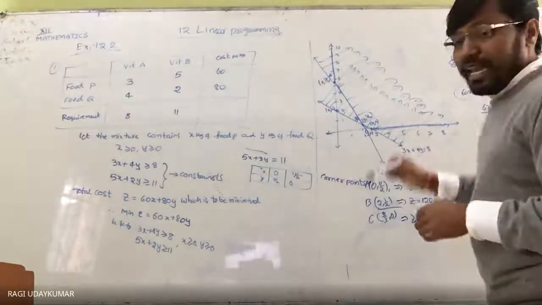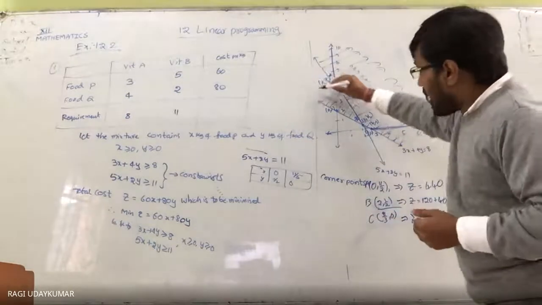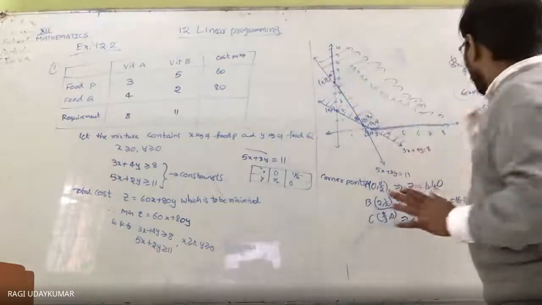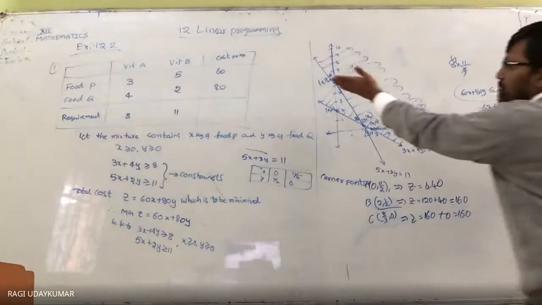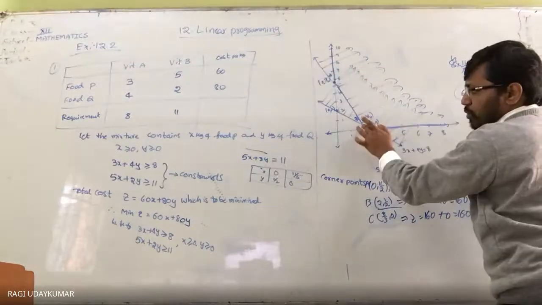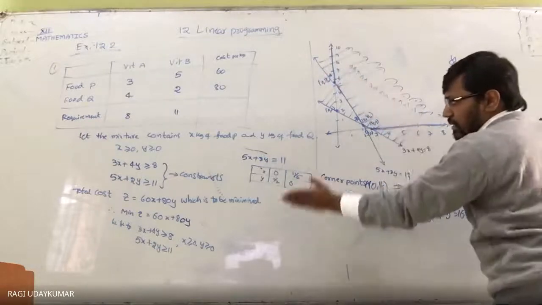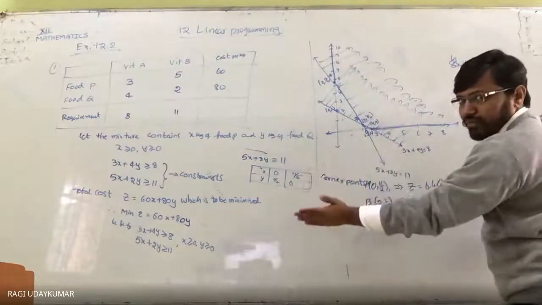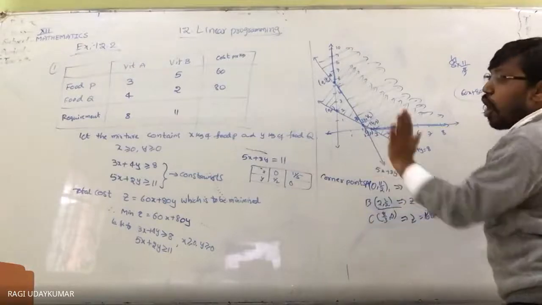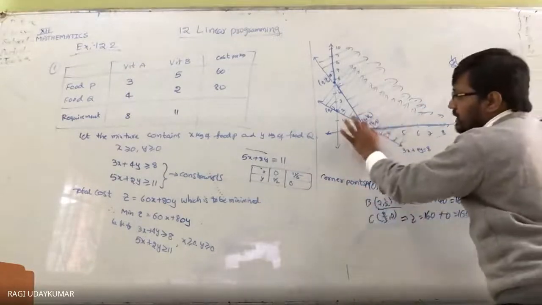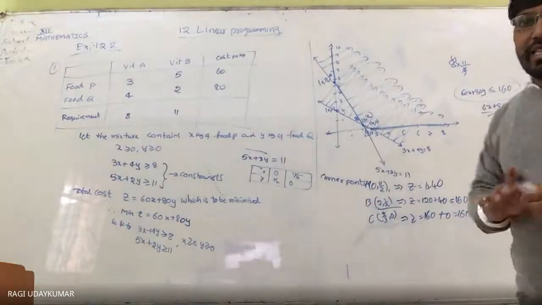Is there any point in that inequation, less than or equal to, where the line passes through this point? Whatever line you draw, 6x plus 8y, it passes through this common point. When you draw the line, less than means this side. Is there any point common to the feasible region in this region? No. So that's why this point itself should be taken as the minimum.